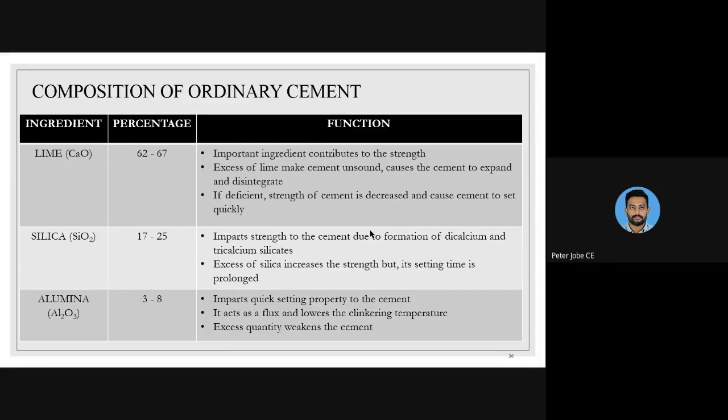You can say like that. So there's a difference between invention and discovery. So at the time of invention of ordinary cement,